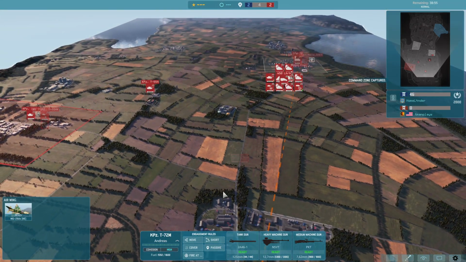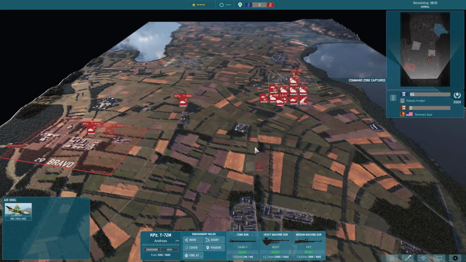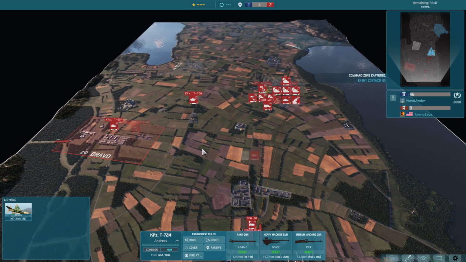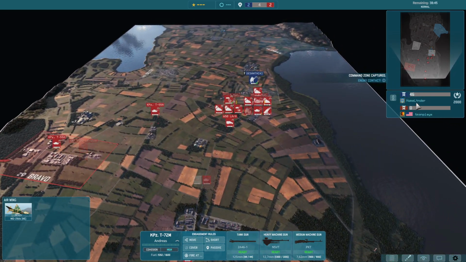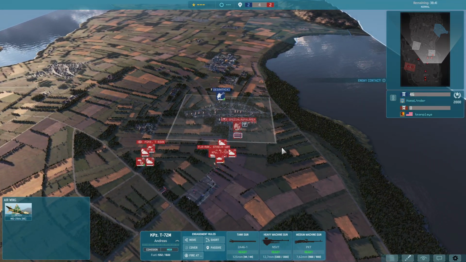cohesion as easily. So we went into ranked with 7th Panzer, and we had a lot of fun games with them. And this is one of them. This is against a good player, Homelander, who is playing the strongest division in the game, in my opinion,